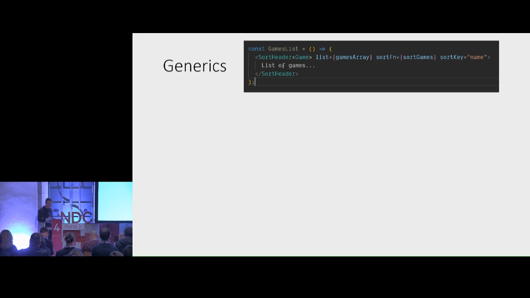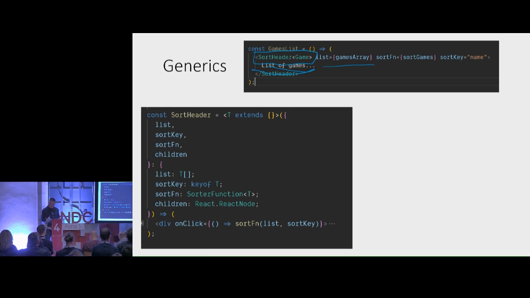In this case, imagine that we have a list of games. And imagine that we have a component here that is a header. Pretend you provided a list, and when you click on this, it sorts it based on some key. In this case, we have a games array. We have a function that we've passed to it, and then we have the sort key. So this, in React, is declared as a component, and at this point, we have all of those props that we passed in,